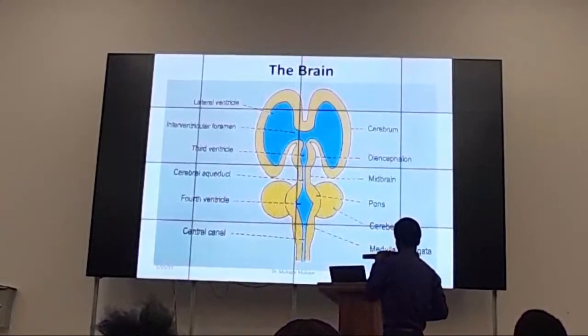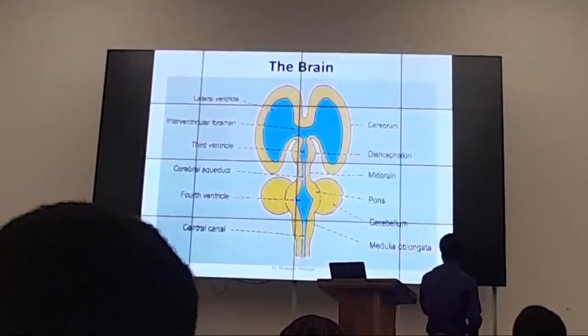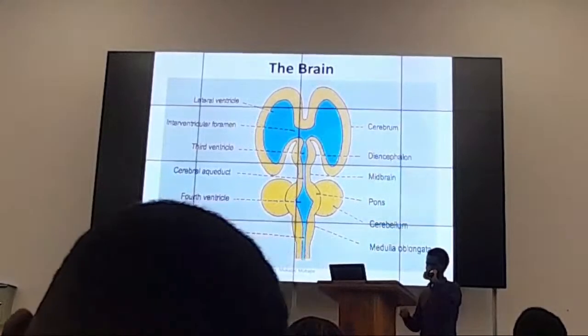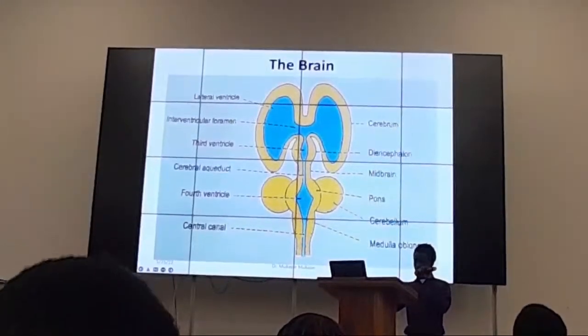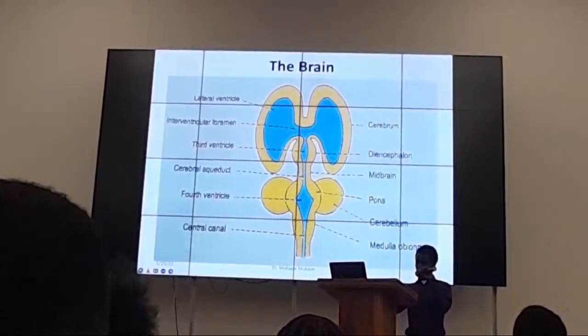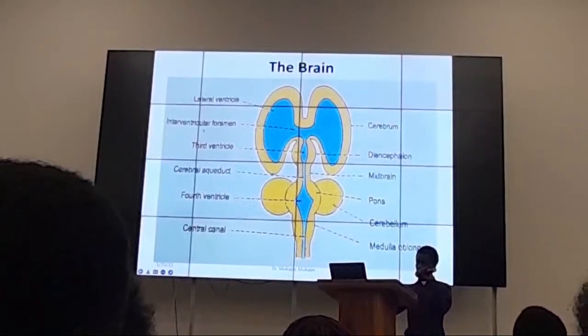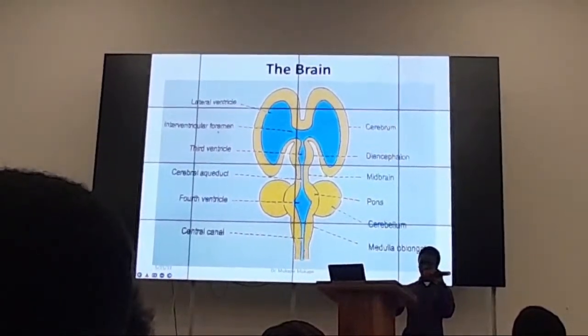We can see the lateral ventricles. They are connected by the interventricular foramina. Foramina is plural. We have two. We have one here. The other one is there. So, interventricular foramina of Monroe,